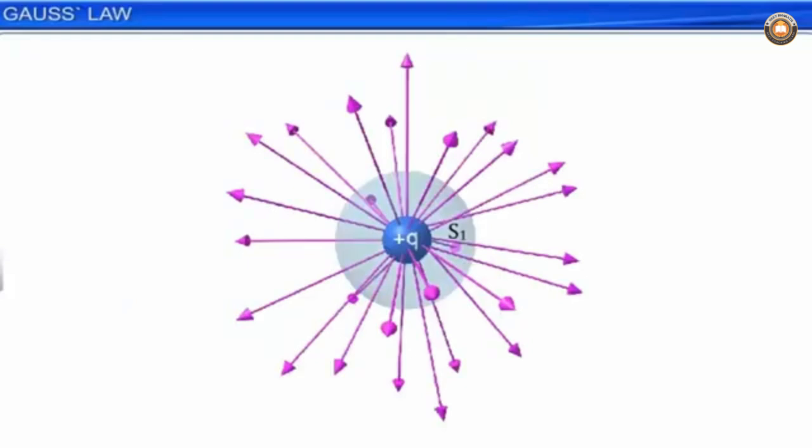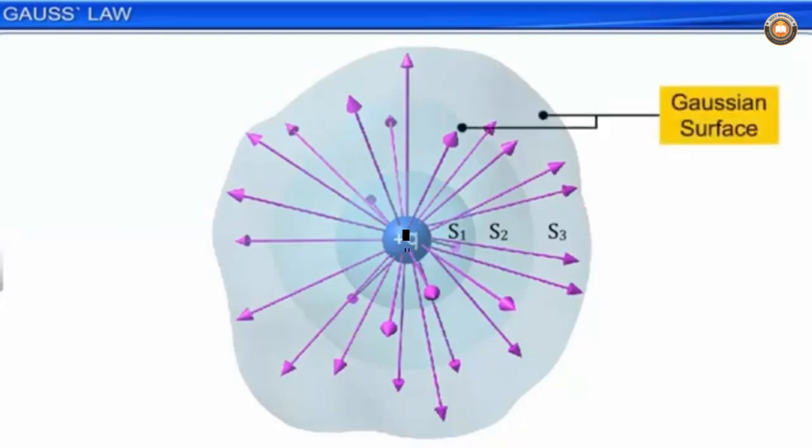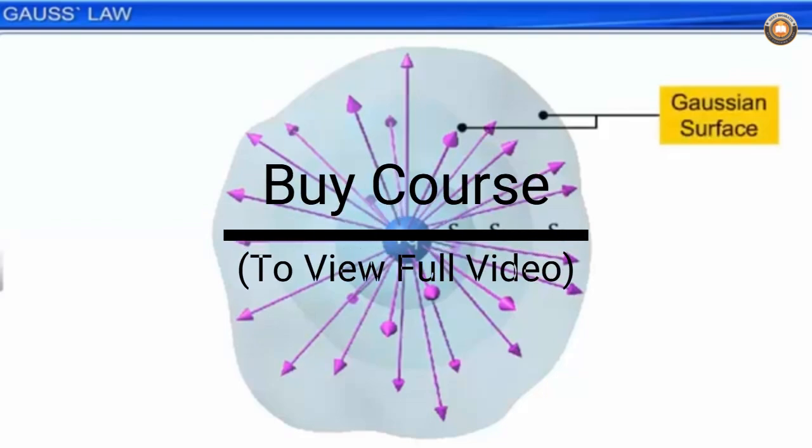Now consider two other closed surfaces, S2 and S3, around S1. We see that since S2 and S3 are closed surfaces, they can also be referred to as Gaussian surfaces. But it is important to note